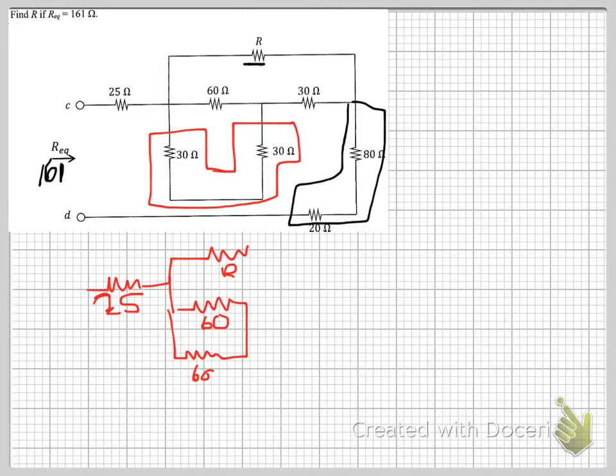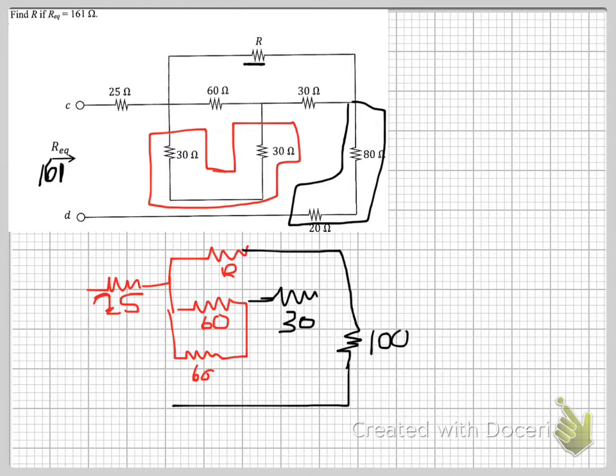And then you have the series connection with your 30, with 100 here. Okay. So now the parallel combination of these two, 60 and 60, gives you an overall of 30 here. Right. This is because